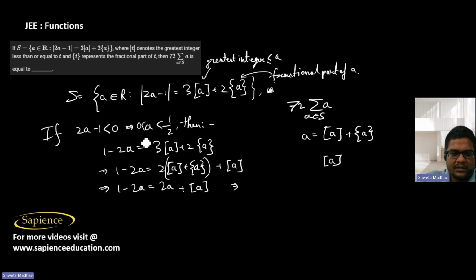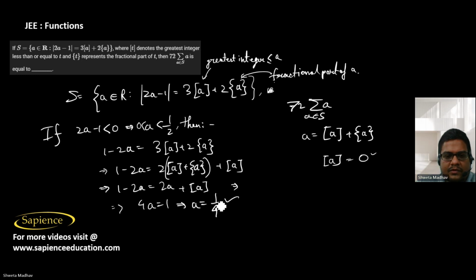from 0 to half if we take, then that will be equal to 0 only. So from here you can say 4a will be equal to 1. So it means a will be equal to 1 by 4. 1 by 4 we can take. And then if I take